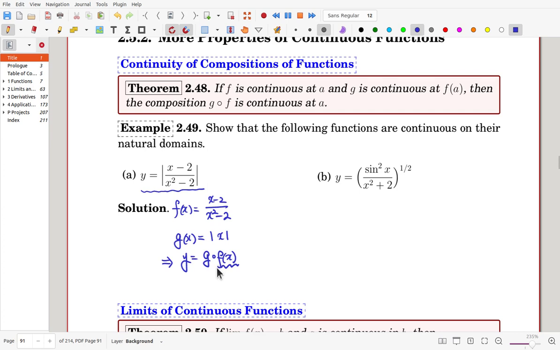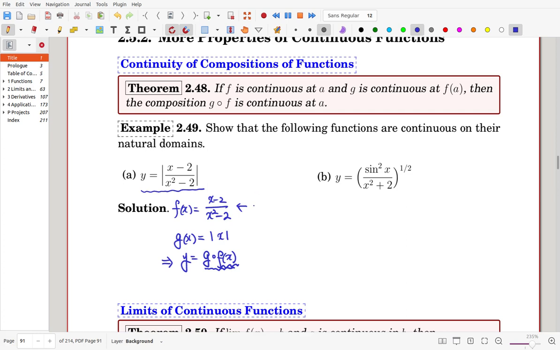the same as that. Now the theorem is saying that once f is continuous at a point a, then this function is continuous. Even though it has a cusp in its graph, it is continuous. So as long as f and g are continuous, their composition must be continuous. Now this is continuous